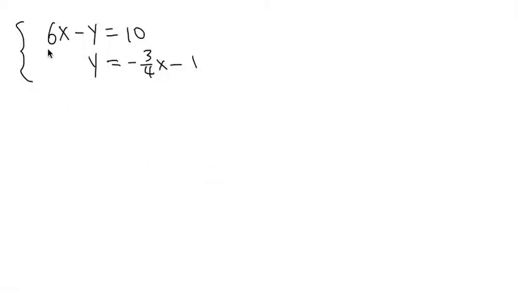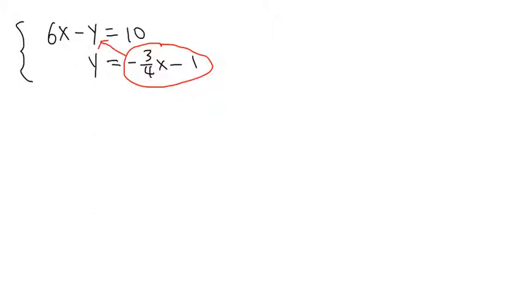We are going to solve 6x minus y is equal to 10, and then we have y is equal to negative 3 over 4x minus 1. Perhaps the best way is to do it by substitution. Why? Because the y is already isolated. So what we can do is take this part from the second equation and then substitute that into the y